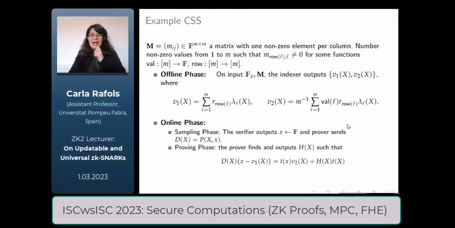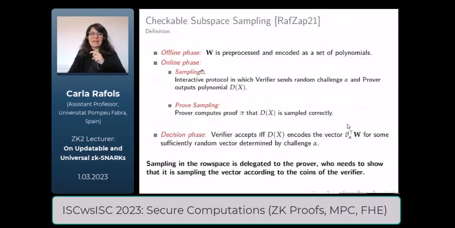But also, building a checkable subspace sampling is a significant part of the cost of universal and updatable SNARKs, okay? If you look at different constructions of universal and updatable SNARKs, in some sense the main difference between them is how they deal with this problem of how to reduce many relations to one. And for instance in Marlin and similar constructions, it's also a significant part of the total cost, both communication and